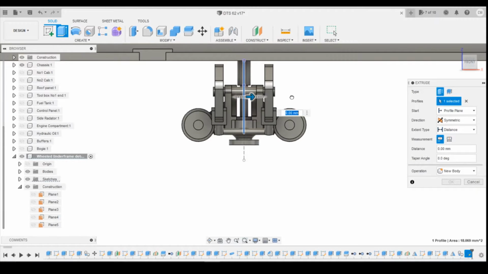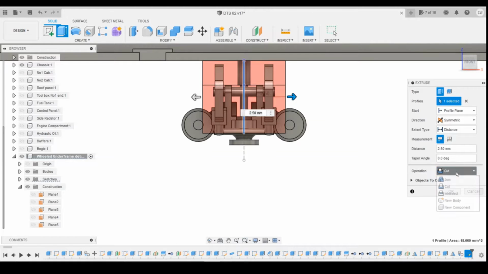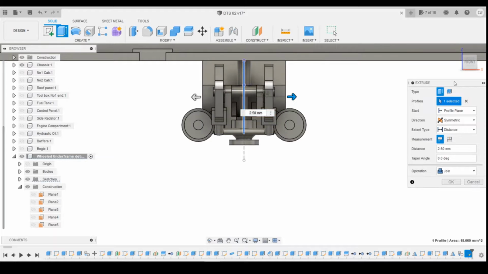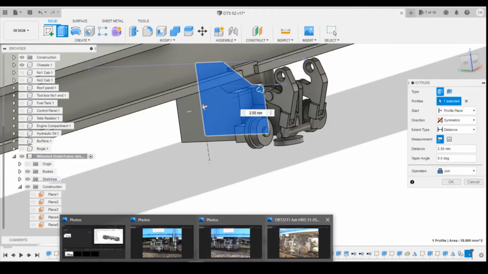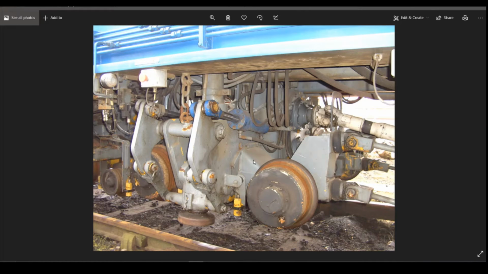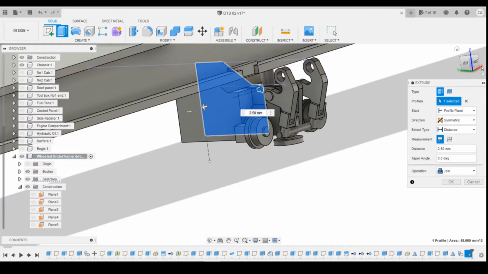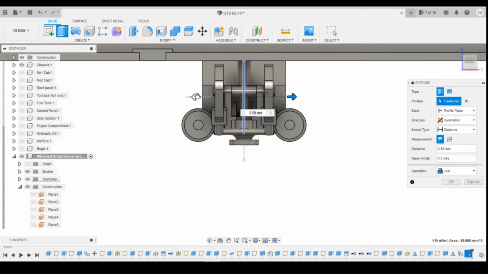And then as we pull out one side, it will pull out both. If we tell it to join, okay, see how it's now getting that support features behind. So we now got to work out roughly how wide we want it to be. But you can see here, it doesn't actually come out beyond the wheels. It's actually quite a small piece. So realistically, we only need it to be